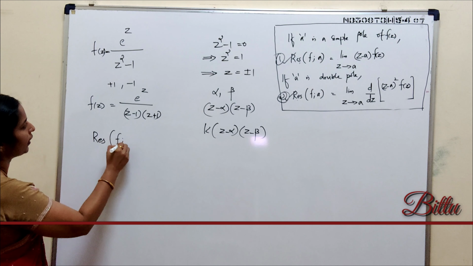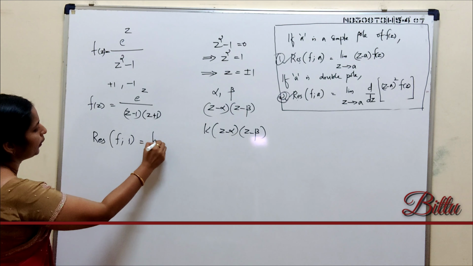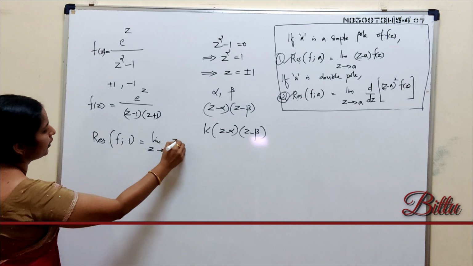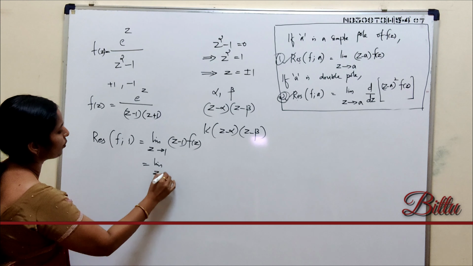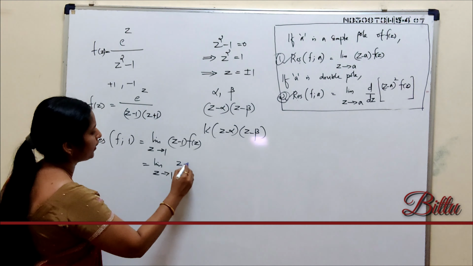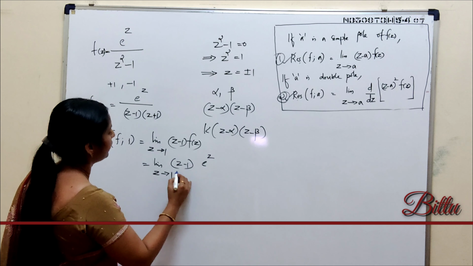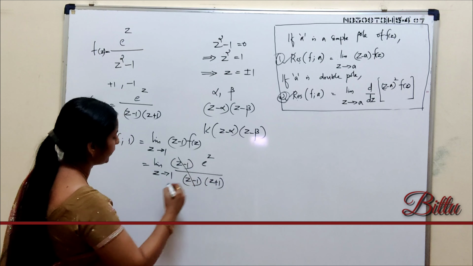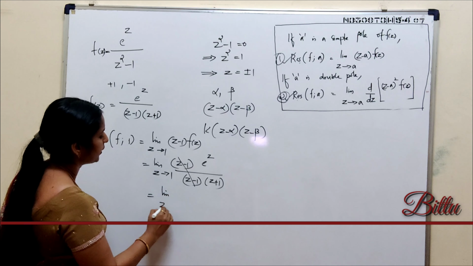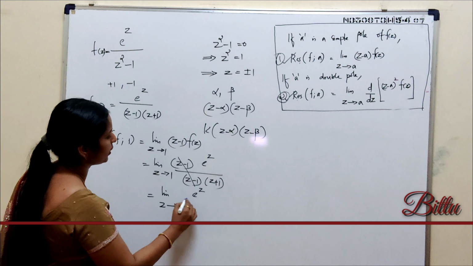Residue of f at 1 is equal to limit z tends to 1, z minus 1 into f z. That is, limit z tends to 1, z minus 1 into e raised to z by z minus 1 into z plus 1. We cancel. It is limit z tends to 1, e raised to z by